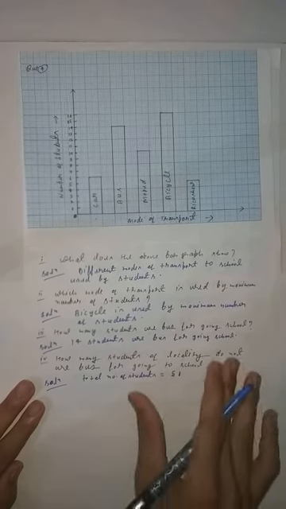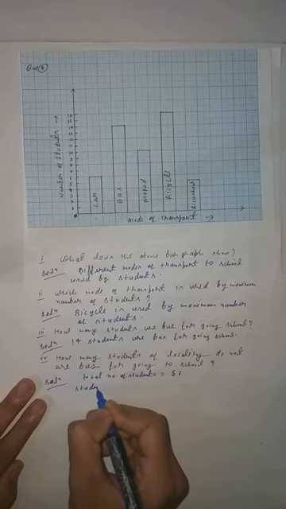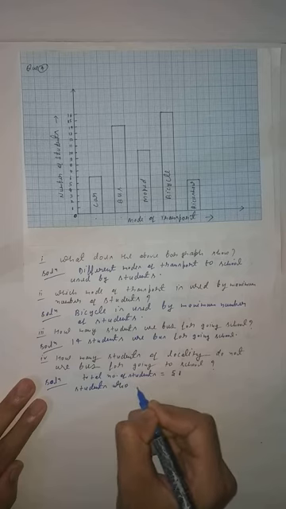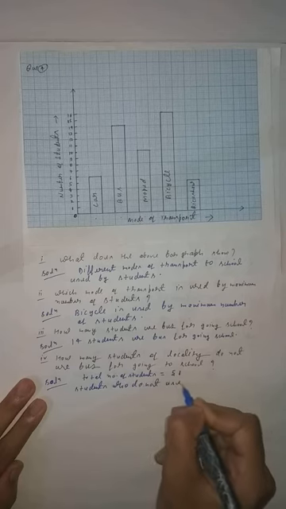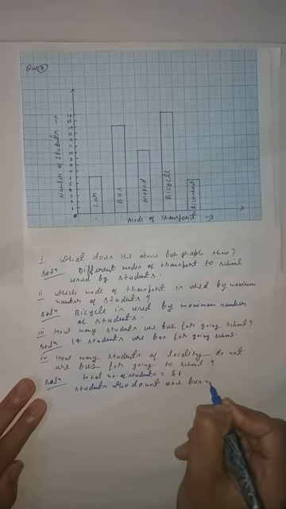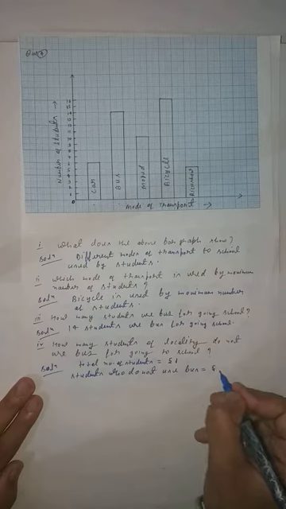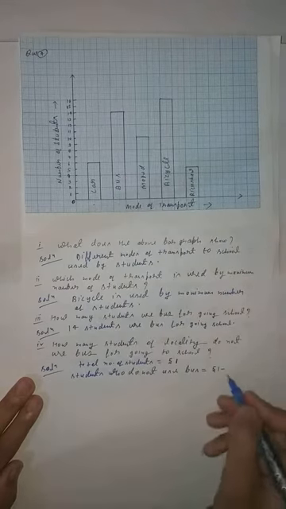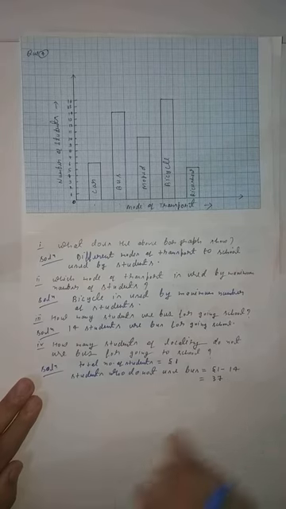So what you will write down: students who do not use bus. What I explained, students, is the simple method you will follow. You will simply subtract the number of students who are going with bus. How many students are going by bus? 14. So it will come to 37. This is the very easy method.